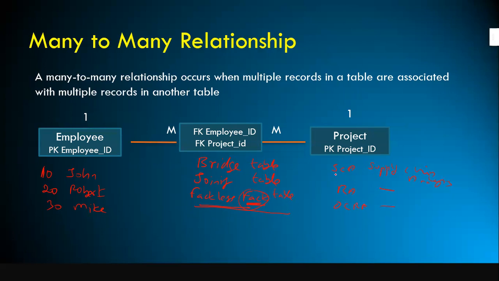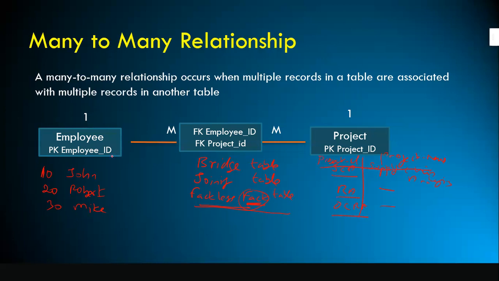For each project, you need to use a unique value because this is the primary key column. This column is your project ID, and this column is your project name. Got it? This is your project ID, this is your project name, and this is the employee ID, and this is the employee name.